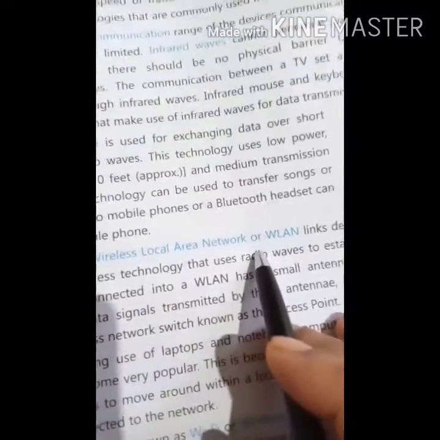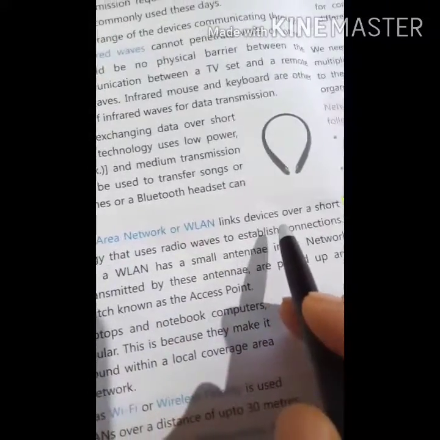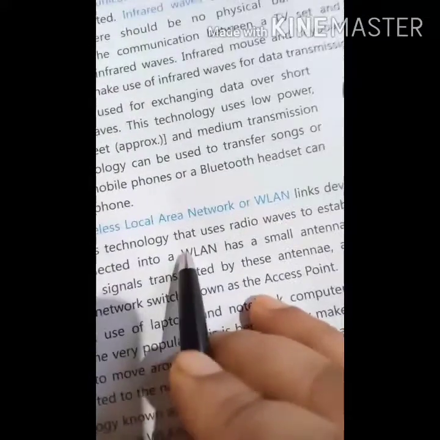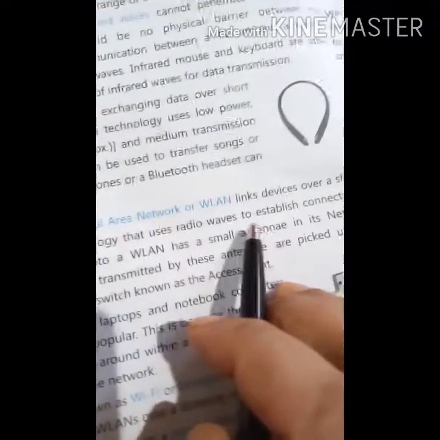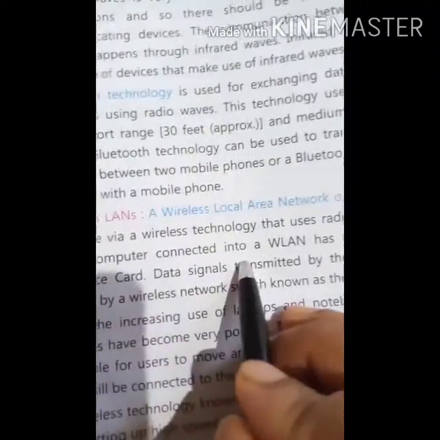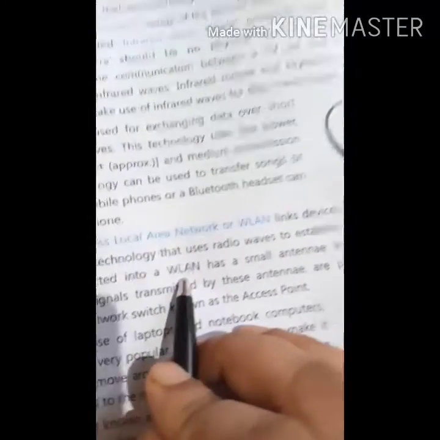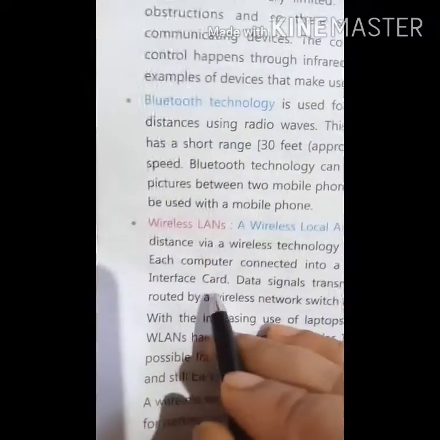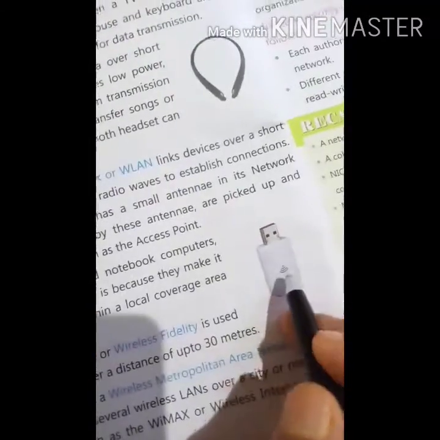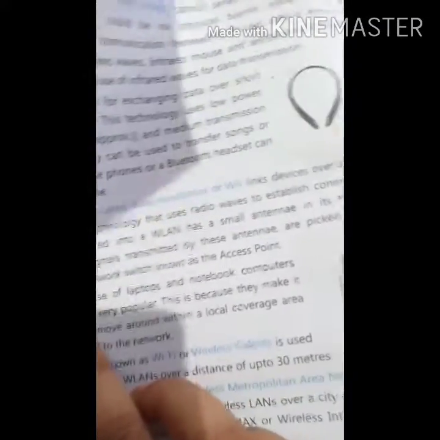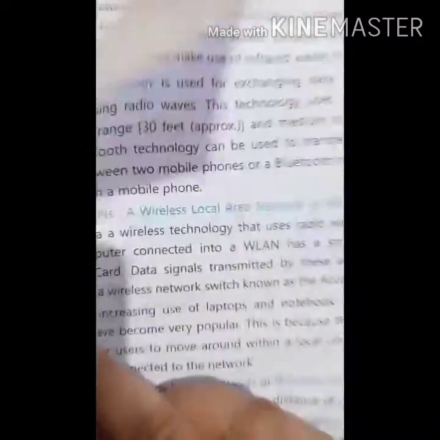Wireless local area network, WLAN, links devices over a short distance via wireless technology that uses radio waves to establish connections. Each computer connected via a WLAN has a small antenna in its WLAN interface card. So with this device, WLAN, we connect the computers, and we can share data, physical devices, and all other